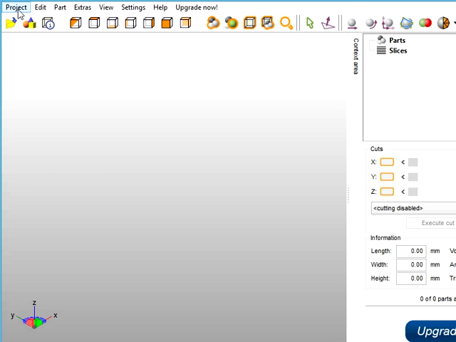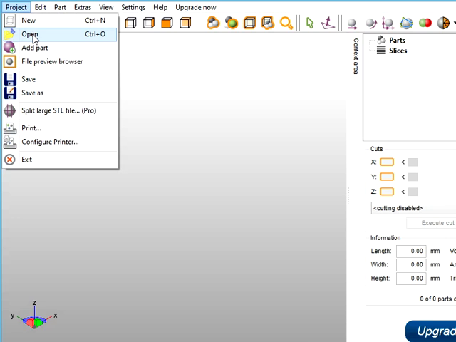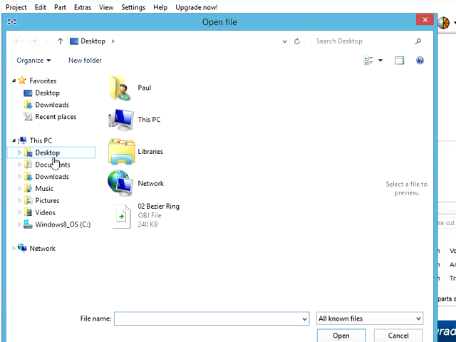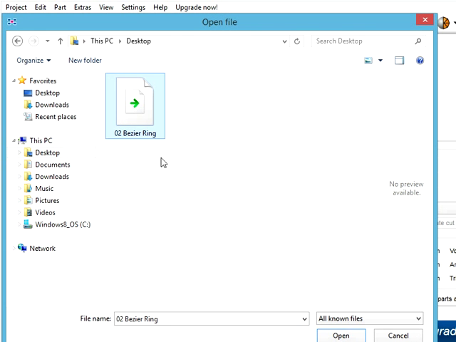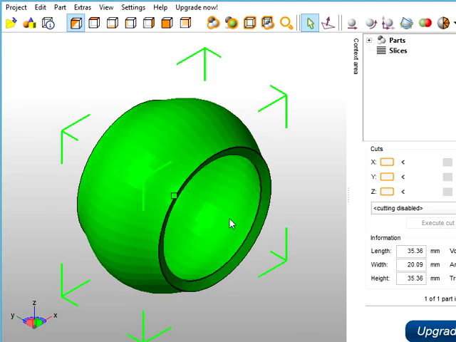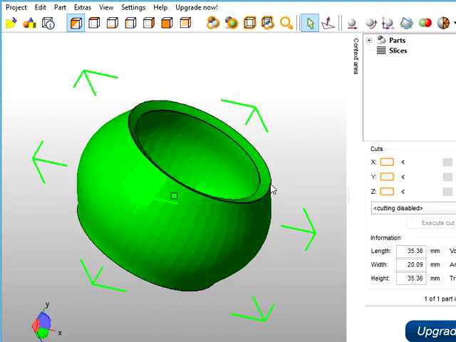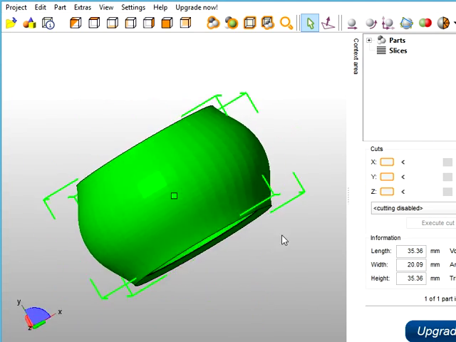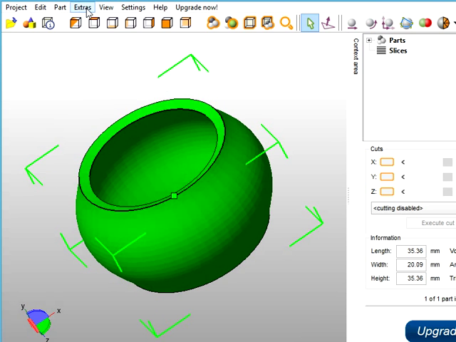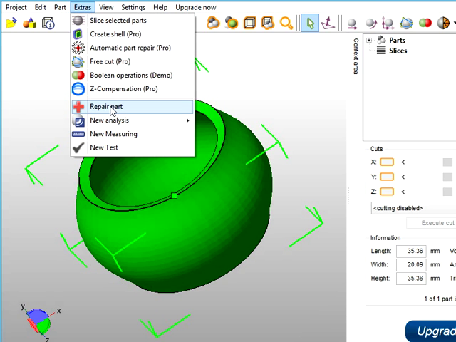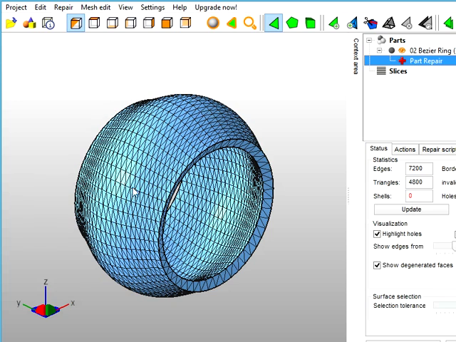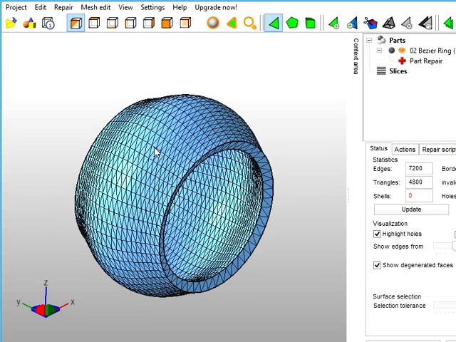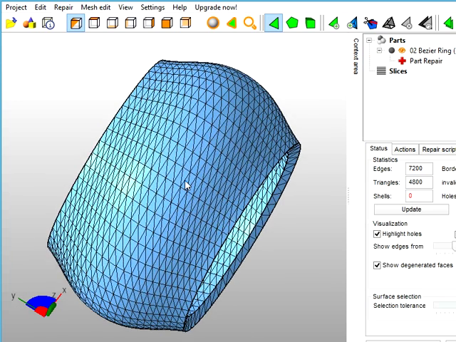We always need to check our meshes in Netfab Basic, so if we go to Project and Open, go to the desktop and open 02 Bezier ring. There's the ring that we've created. Now we haven't got a warning red triangle, so that's a good sign, but we always recommend you go to Extras and repair the part. Netfab Basic will have made some changes to this mesh. It will have put in all these lines here, changing it from